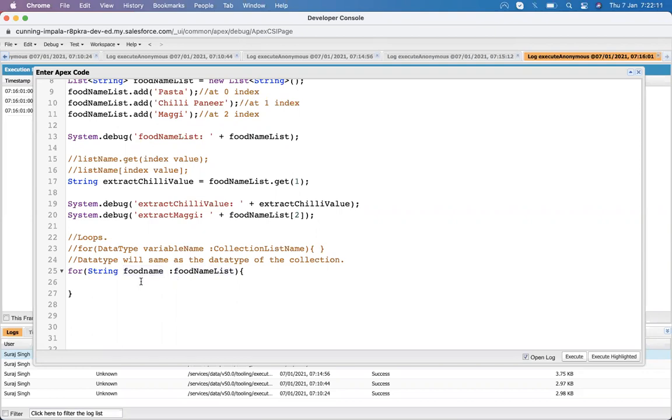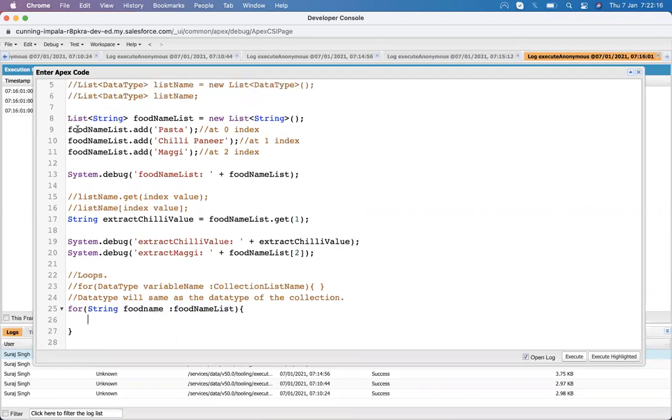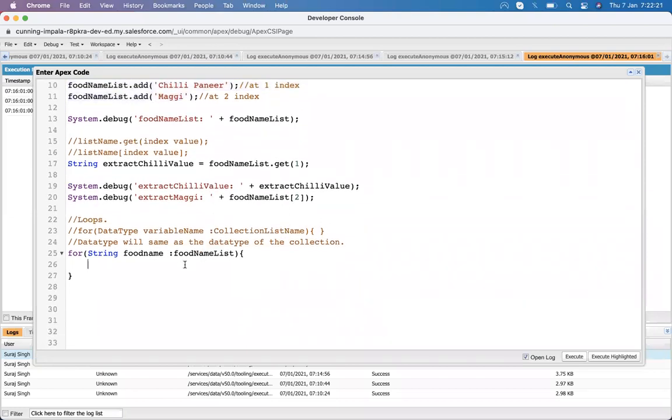I want to print all the values that are available in this food name. So I will put a system.debug, "food names from loop", and I will put this variable name.